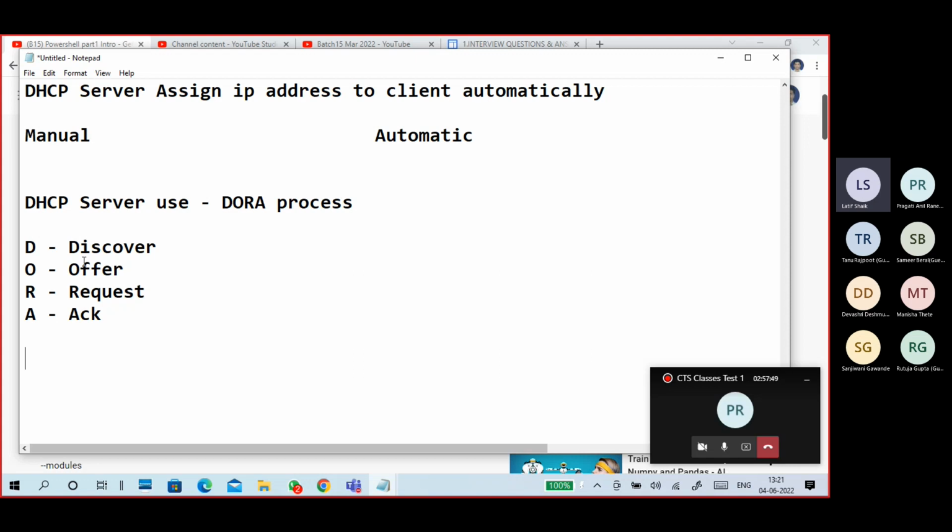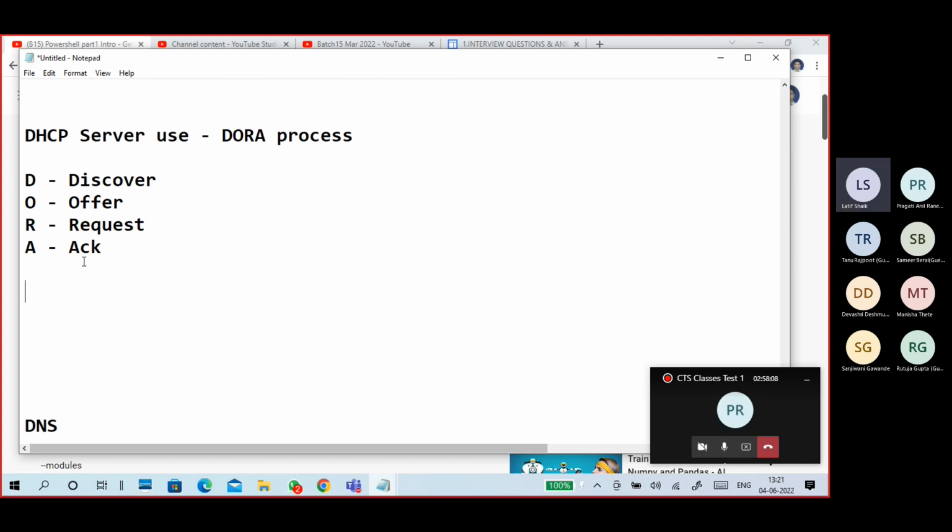Last time some people got a question, how do you configure DHCP? There are two ways to answer. One is on the client side, how you will get an IP address from the DHCP server. Another thing is, you really should know how to install the DHCP server role. Compulsory. Make sure you know how to install a DHCP server role. Role installation, configuration, ranges, that you have to do.